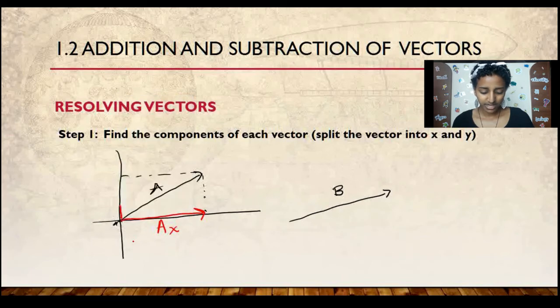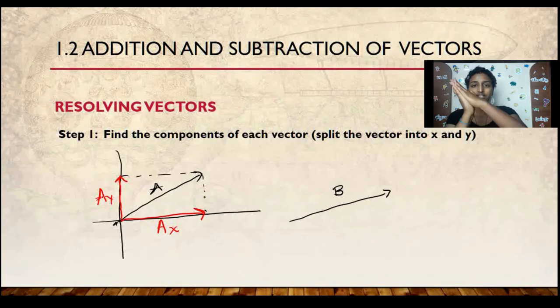Again, from the tail of vector A, we form a vertical line until the dotted line, and we call this the y component of A. There is a mathematical solution to find the actual values of AX and AY, but we first have to understand the graphical representation. So you see that I have split A into two vectors, AY and AX. How can I do this? Well, if you add AY and AX, you come right back to A. So resolving a vector, or splitting a vector into its components, is basically the opposite of adding perpendicular vectors.